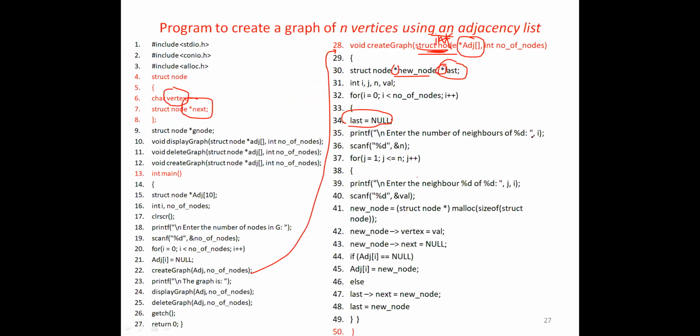So enter the number of neighbors. I'm telling it as 1. So here I'm entering 1. So it will scan for neighbors. Who are all the neighbors? I told only one neighbor is there, and I should tell who the neighbor is. What are the neighbors possible? 1 and 2 only.